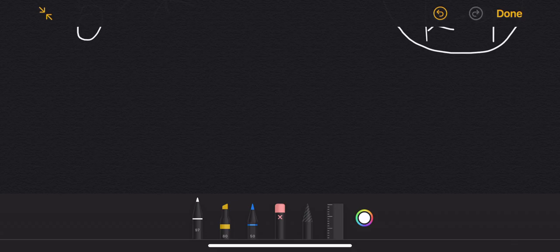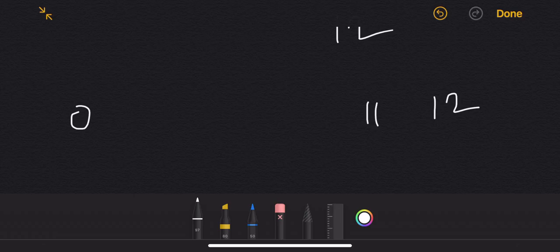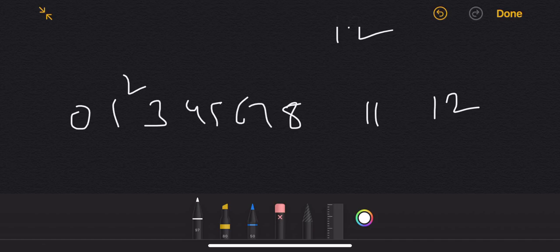So let's say we have to find for 12. Now we are at 0 initially, which means we didn't split anything, and we have to find the split for 12. So what is going to be k minus 1 for this? 11. And what is going to be k minus 4 for this? 12 minus 4 is 8. And what is going to be k minus 9 for this? 3. And if we do the same for all these 11, 8, 3, we will get everything between 1, 2, 3, 4, 5, 6, 7, 8, 9, 10, 11 and 12.